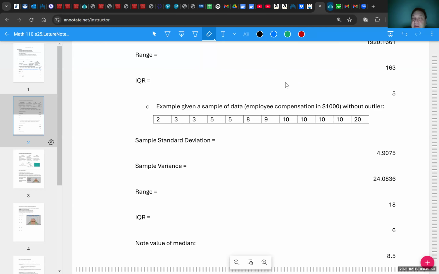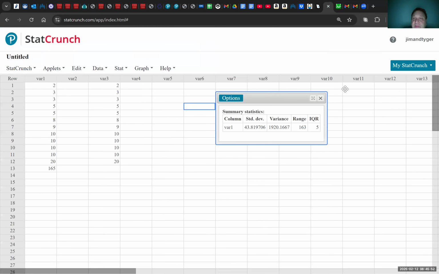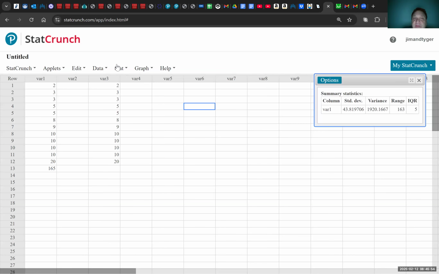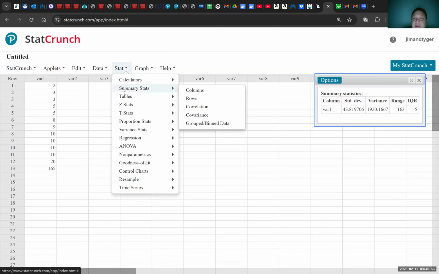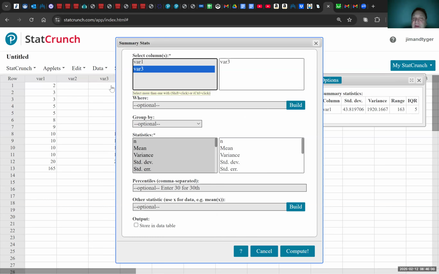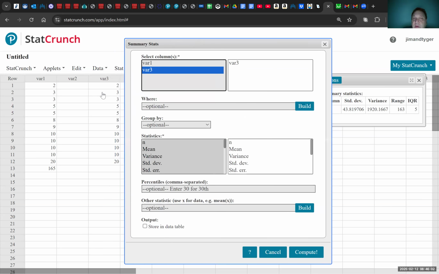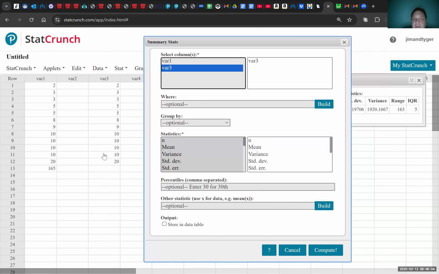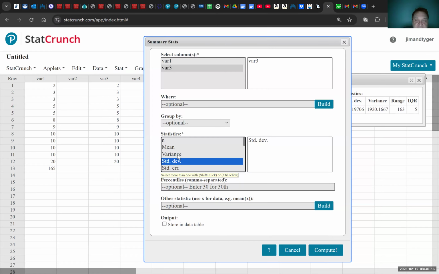So quickly go back to StatCrunch. I'm just going to put this over here for a minute. Go to Stat, Summary Stats, Columns. I'm going to choose var3 because that's the column with the numbers that only go up to 20. There are 12 numbers. You can see the 12th row is that, and the 1 is the top row, so there's 12 numbers there. Again, I'm going to be measuring standard deviation, variance,